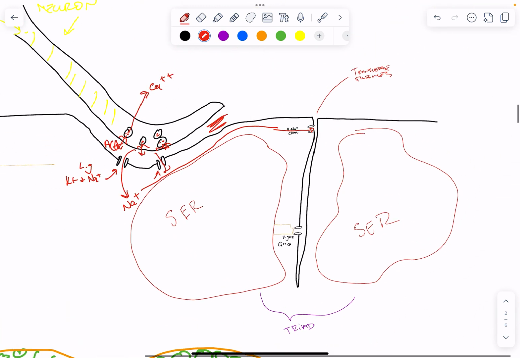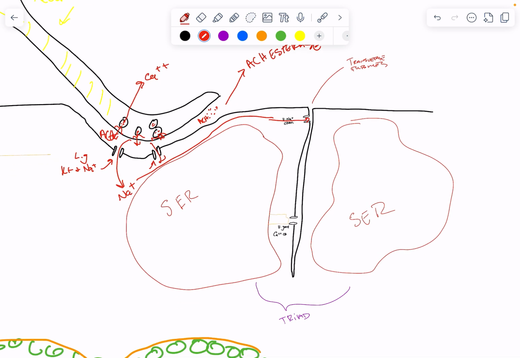And then in the meantime, the acetylcholine is going to get broken down by acetylcholinesterase. It's going to break down the acetylcholine moving into the synaptic cleft and prevent that signal from continuing to travel farther. And then, as this BWOG, so now we've got this BWOG moving into the cell,